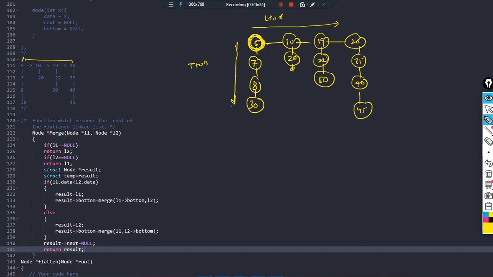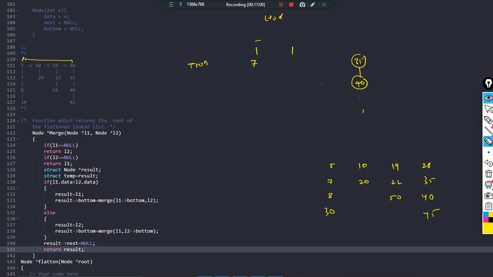So what should I do first? First of all, these two linked lists should be merged into a single linked list, right? Which means that if I have 5, 7, 8, 30, I have 10, 20, 19, 22, 50, and 28, 35, 40, 45.